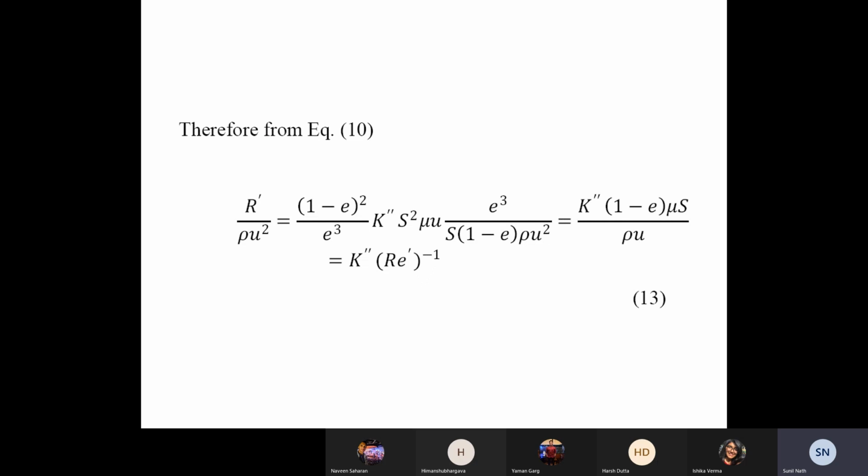I want that as a function of Re prime, the modified Reynolds number, which is U into rho upon capital S mu into 1 minus E. So once I have this correlation, and if I know the modified Reynolds number and I know how much surface area per unit volume the particles have in the packed bed, then I can find the drag force, and once I know the drag force, I can calculate the pressure drop by equation